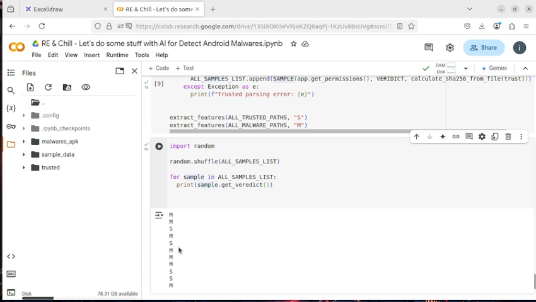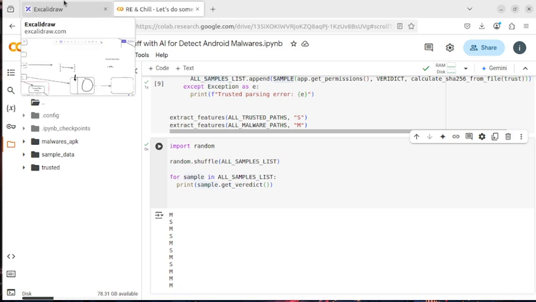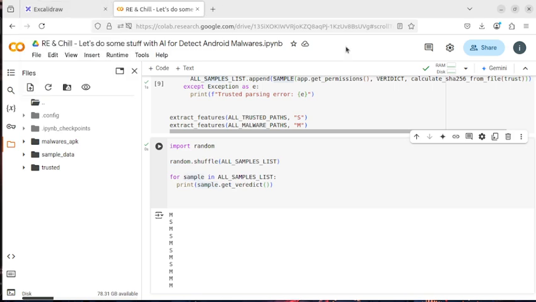Did you see? This is now randomized. If you run this, it will be different all the time. This will not create some dependency for our machine learning algorithm. We will make sure that it will not be able to guess. Oh yeah, it will guess, but it will not be able to